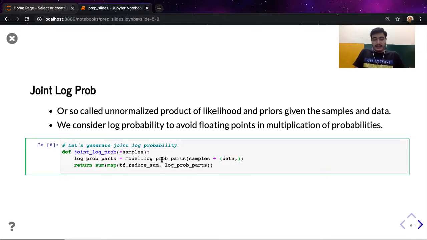There can be cases where there will be shape errors. So the basic key idea is for all the parameters of the model, after we have calculated the log probability, we're going to be reducing all the dimensions of the log probability of all parts and then take the sum. And this will help us in actually generating a single number that represents the log probability of the model over some certain samples.